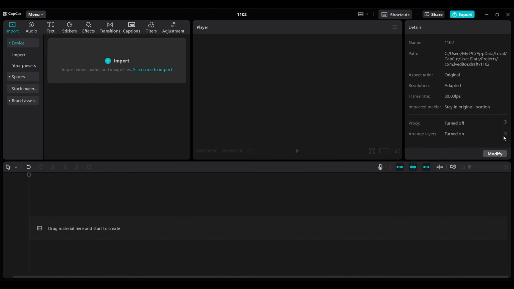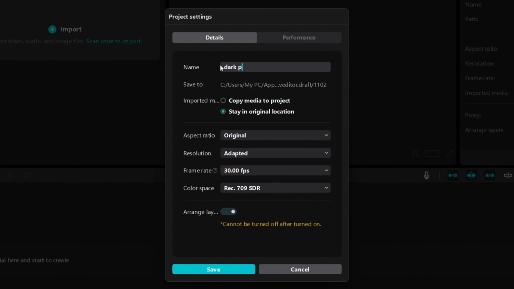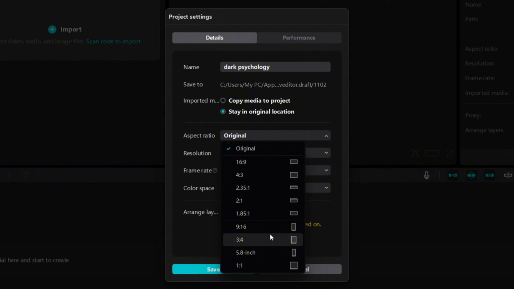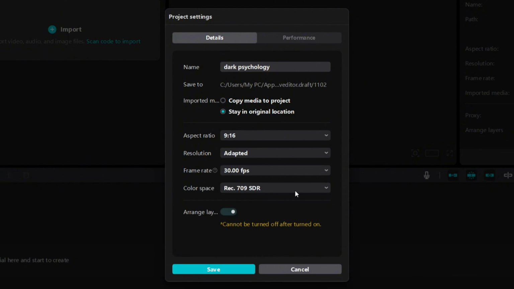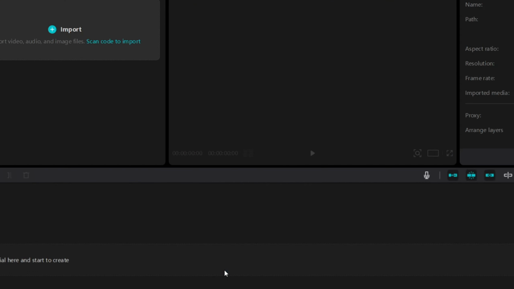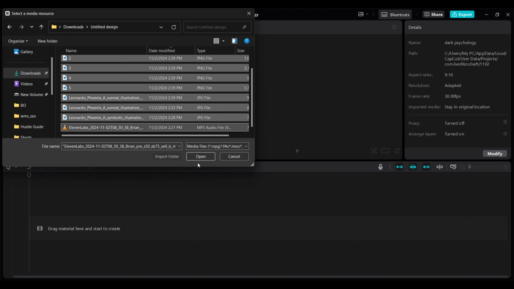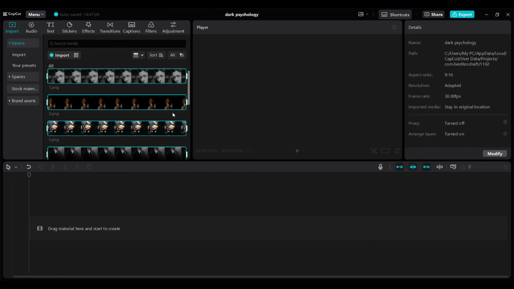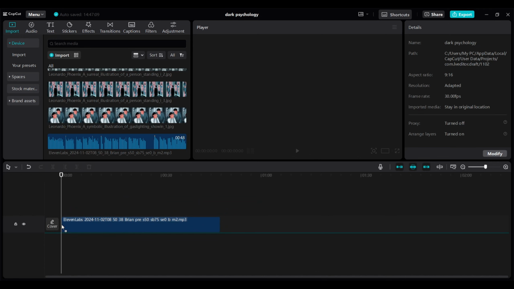To get started, create a new project and click on the Modify button here. You can change the project name and adjust the settings. Make sure to select the appropriate size for short videos, which is 9:16 aspect ratio. Once that's done, import all your voiceovers and images, and then you can start by dragging the voiceover onto the